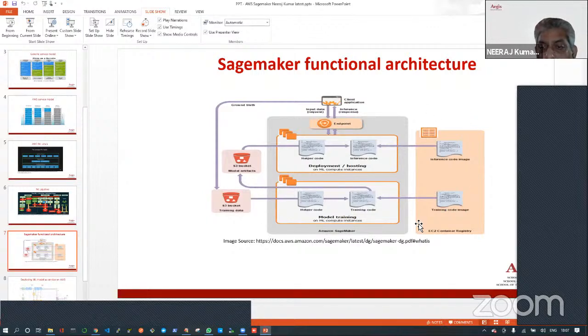On the right hand side, if you can see this, these are the images. So SageMaker automatically pulls the images, instantiates the container, ingests the data, runs your models or your algorithm, creates a model and puts it back into another bucket. So all these things happen behind the scenes. As a data scientist, you are not bothered about how images are being created or how they are being pulled, how containers are initiated.